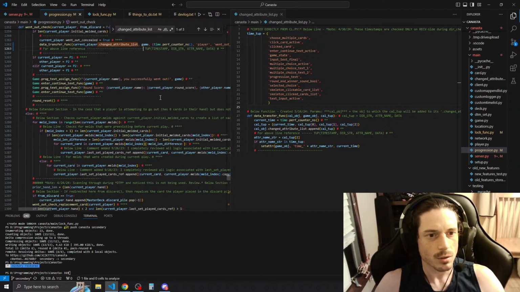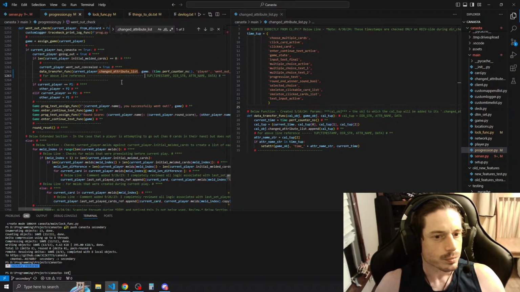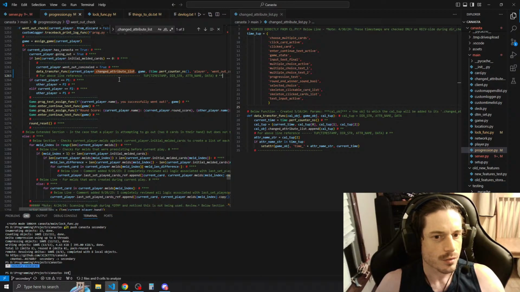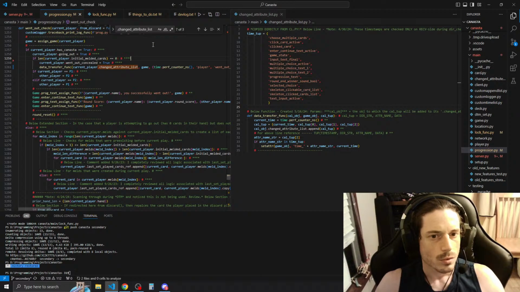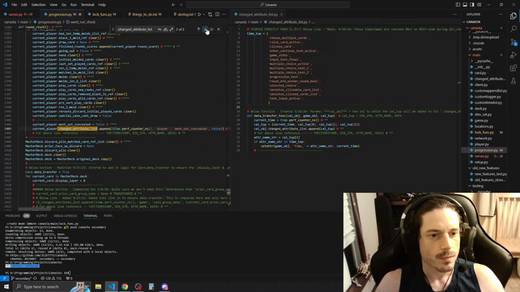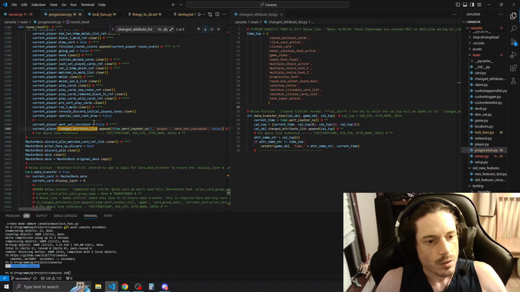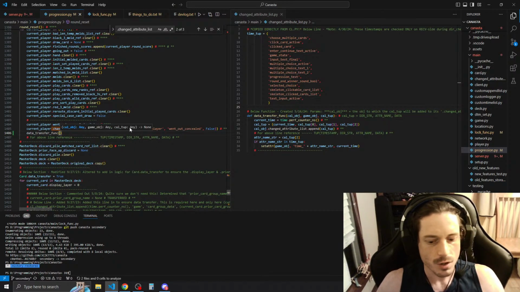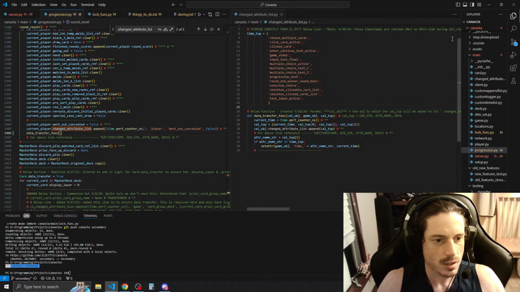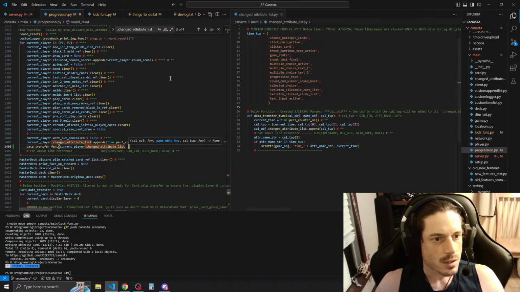Actually, let me go back here real quick because I can get rid of this div now. Actually, I don't even need that reference. Okay. So we're going to do the same thing here. We're going to do data transfer func, and we're going to pass in the current player change attribute list as the player object. Game object is